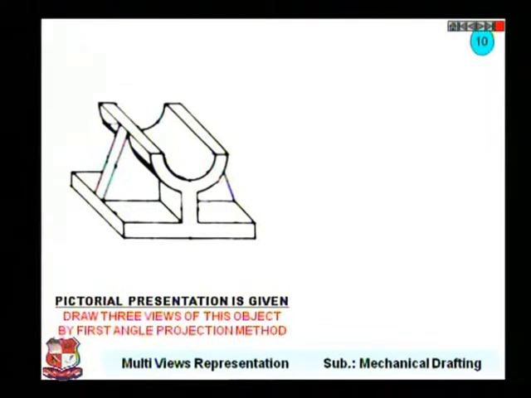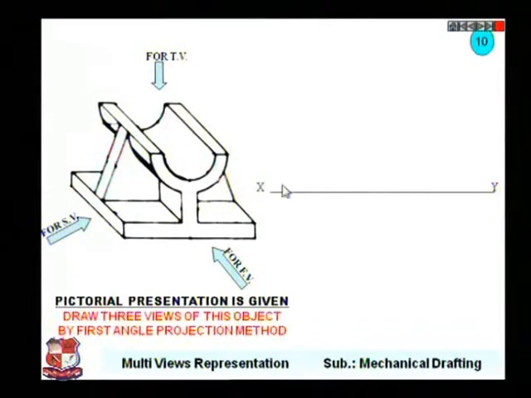One more problem, the pictorial representation is given over here. Draw the orthographic views of this object. So for that, this is the front view, this is the top view, and this is the side view. If you look from the front, this U shape would be visible. Draw the XY line, which represents the intersection of HP and VP. Draw its front view. This is the front view. If you look from the front, this would be its front view: U shape and reverse T. You can see here two vertical lines, two horizontal lines, and these inclined lines are shown over here. So this is the front view.